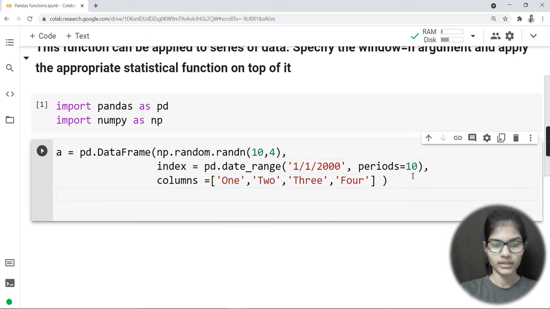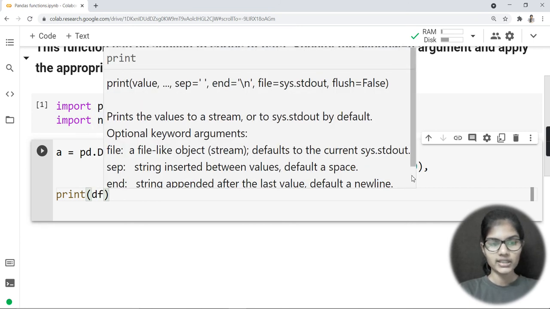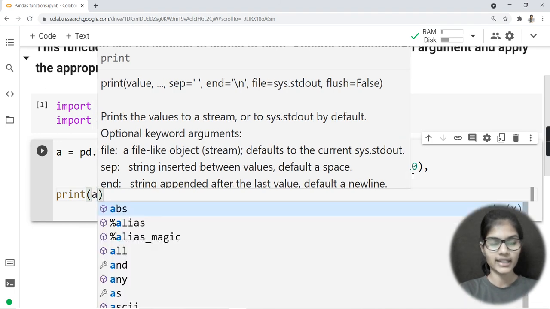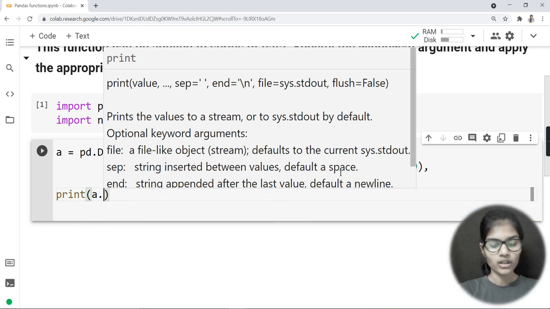So I would just come down now. Firstly I would use my print statement, and now it is time to use the df function. I'll be using df, and here I'll be using a, because I have made my data in a. Then a dot, and now I'll be using my dot rolling function.